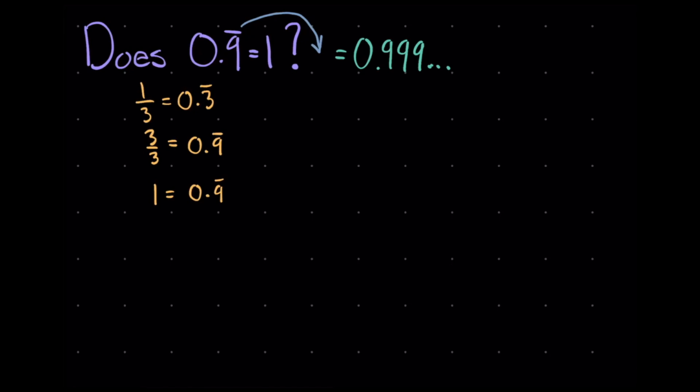And so in this video, I brought together 3 of my favorite proofs showing why 0.999... equals 1, apart from the one that I've just shown. At the end of the video, let me know which one is your favorite. Okay, so our first proof is probably going to be the easiest out of the 3, and is actually my